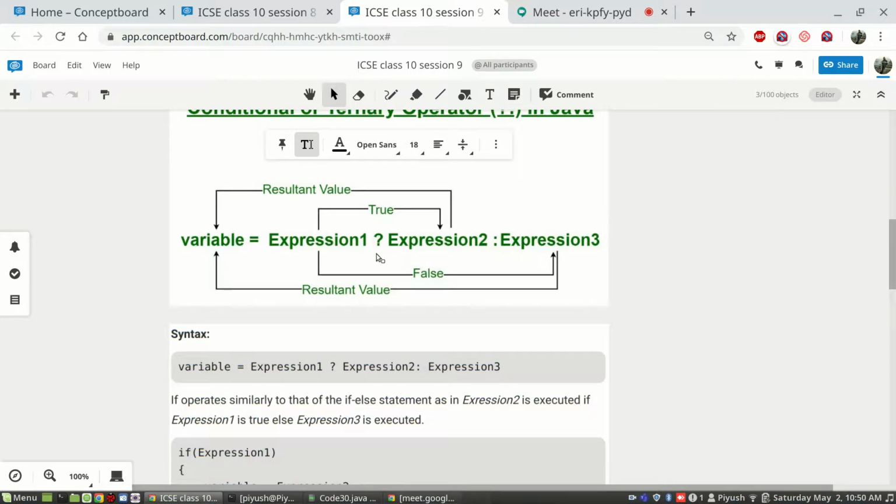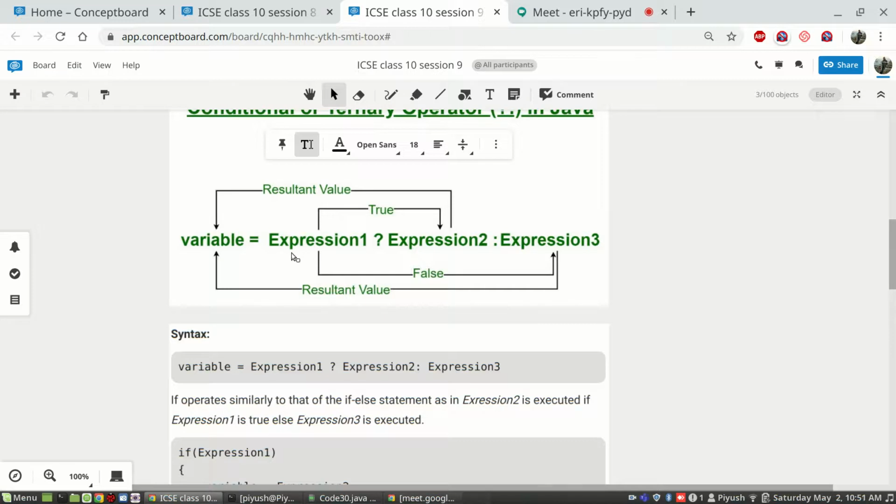Like we write a is equals to 2. In this case, we will be writing variable is equals to expression 1 question mark expression 2 colon expression 3. That means we'll come to the right side of the equal to first. If this expression happens to be true, then go and do this thing after the question mark. Else, if this expression happens to be false, then go and perform what is defined by expression 3 and accordingly set the value of this variable.